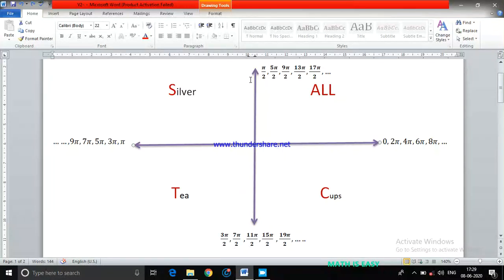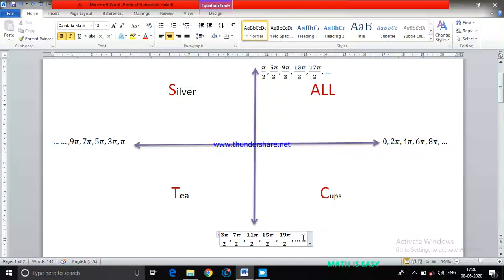Okay, now how do you remember the y-axis? First pi by 2, odd numbers will come, okay? Then 3 pi by 2, 5 pi by 2, 7 pi by 2, then 9, next odd number is 11, 13, 15, next odd number is 17, next odd number is 19, next odd number is 21, so 21 pi by 2 will come here, next odd number is 23, that will come here. So one is upside, one is downside, one is upside, one is downside.